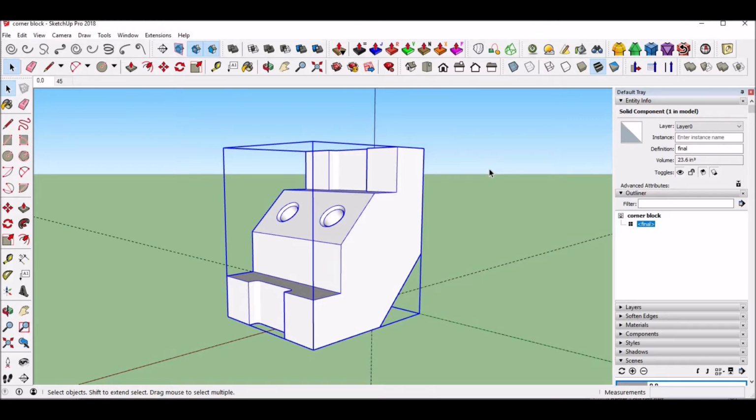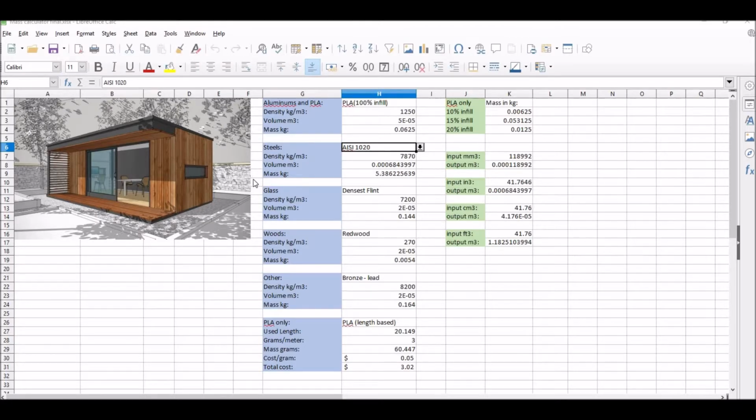Now, some programs have the ability to do mass evaluation, and it tells you everything about the part. SketchUp doesn't have that. However, I have made an Excel file that does everything for you on that. So I'm going to show you that. Okay, so here is my fancy little calculator. It's made in Excel, but I don't have Excel on this laptop. I'm using LibreOffice, so it's missing a little graphic that says pick your material, input your volume, and find the mass. So let's make our part out of,